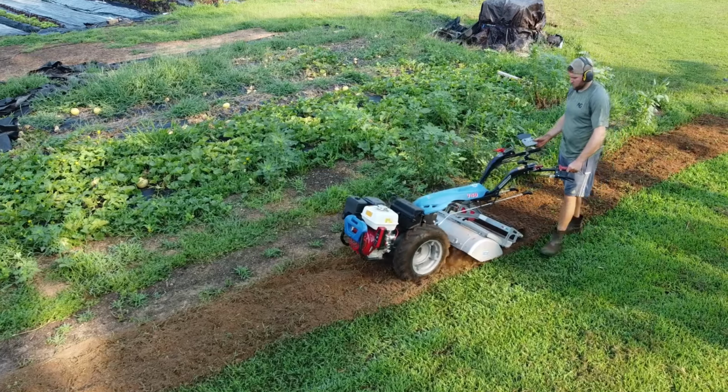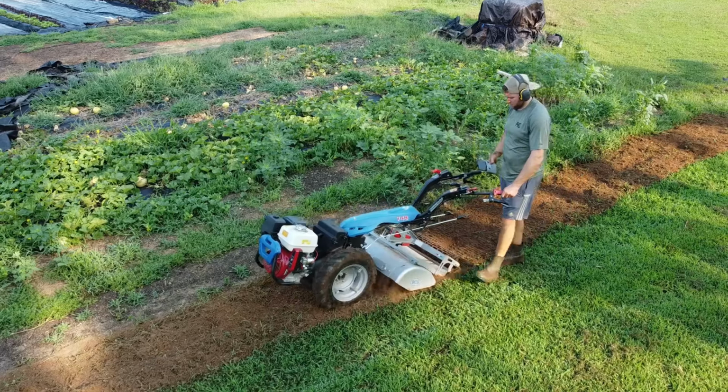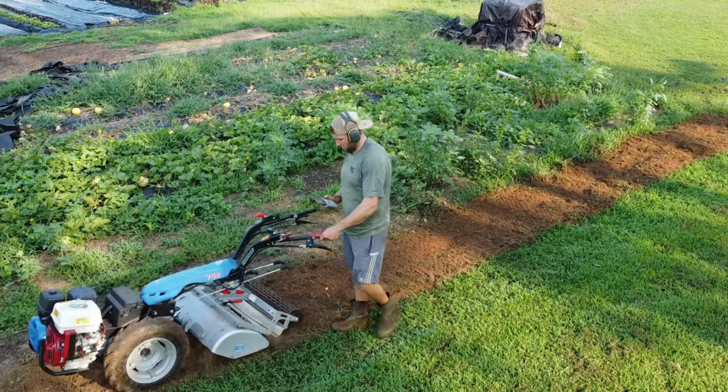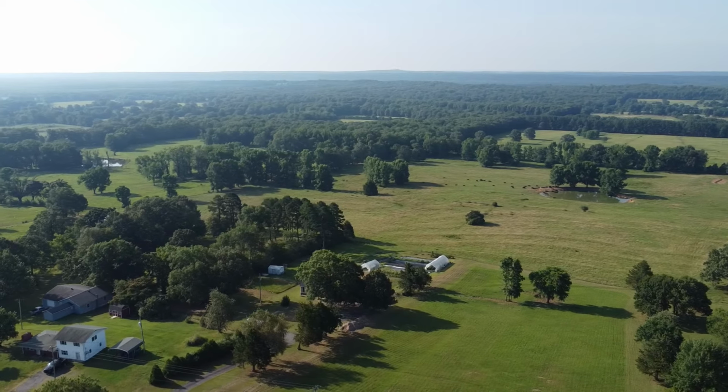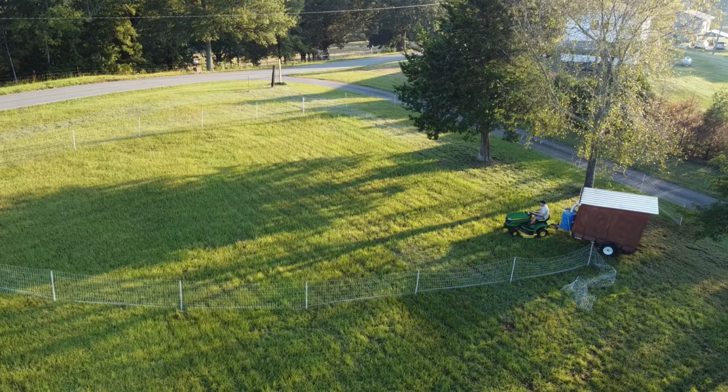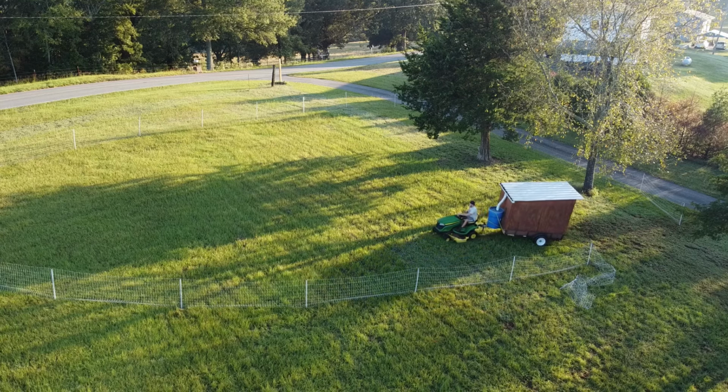Do you have 5 acres? Do you have 50 acres? What part of that acreage is pasture? And what part of that is wooded? What are you actually going to use the tractor for? How often are you going to use it? And ultimately, can you justify spending a large portion of money on a piece of equipment that ultimately is going to depreciate? It's going to cost money to maintain, and ultimately it's going to cost the capital to purchase the